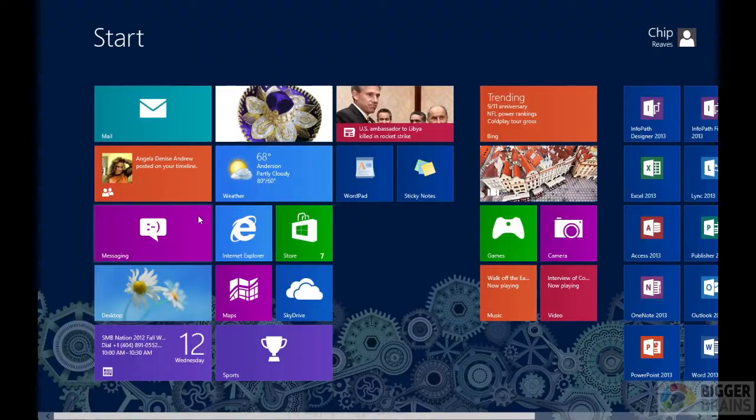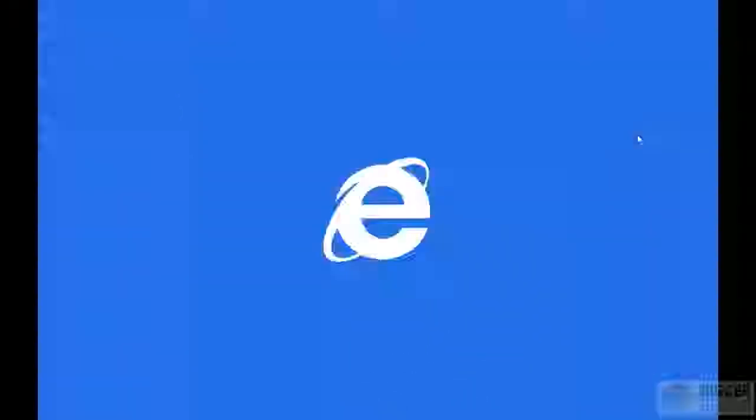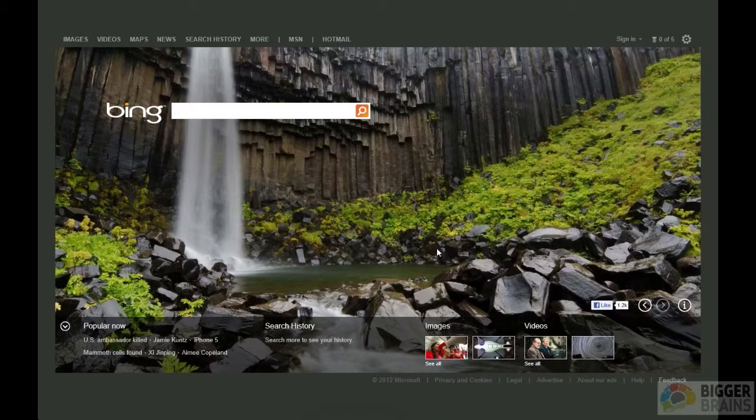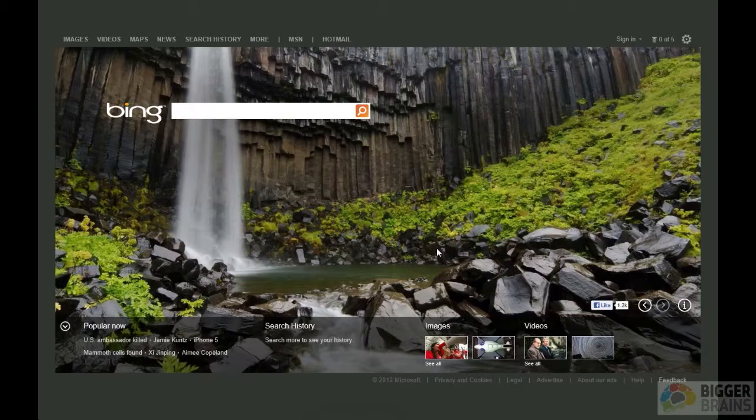If I click on Internet Explorer here, what I get is a web browser that's very much like the traditional Internet Explorer, but it's in a Windows app style. So there's no menus apart from what's on the web page itself. Wow. If I wanted to type in a website to go somewhere else, I have to know how to do it. Yes. Right-clicking with my mouse on any open spot on the screen,